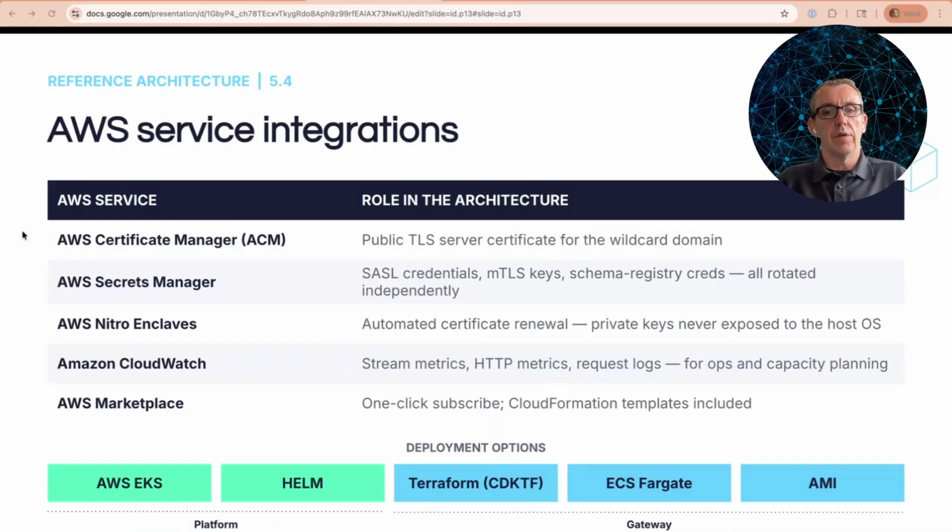So we do a first-class integration with Zilla Gateway to many AWS specific services. It's probably worth calling out some of the work we've done here around Nitro Enclaves and ACM specifically. ACM for public certificates that are needed by TLS for custom domains typically doesn't give access, or discourages access, to the private key for that server certificate.